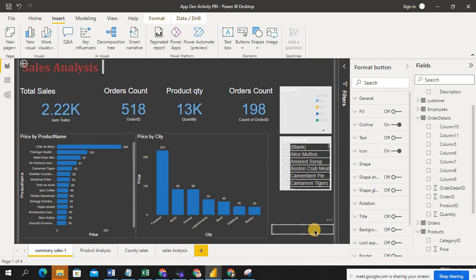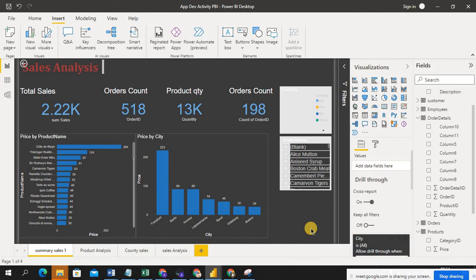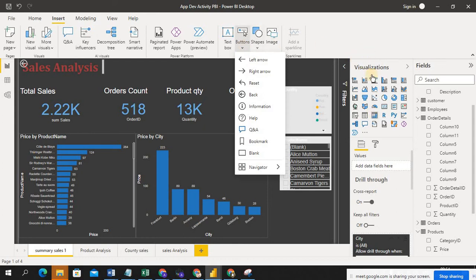So I'm in button option, like a button visualization. You can see the button related options have come here. So if you remove it, again I'm telling, I'm selecting button option. On the right side you can see the options you may get. So I'm selecting blank, guys. Here there are left arrow, right arrow, reset, back, information, help, this many are there, but for my requirement I am going to select blank button. This all buttons only, we will go one by one.